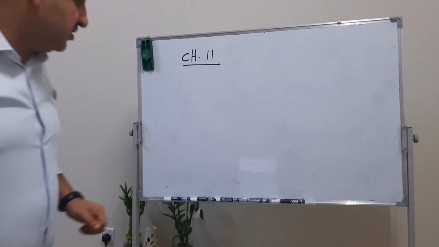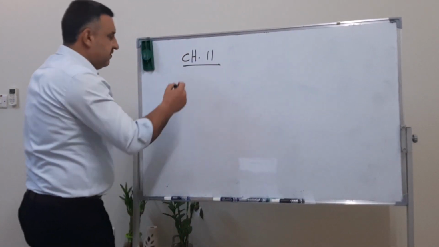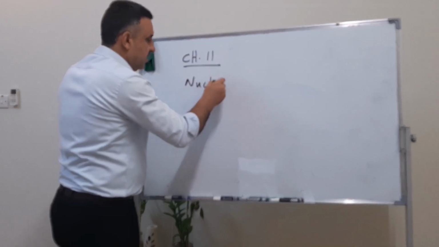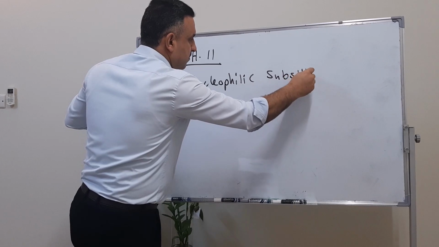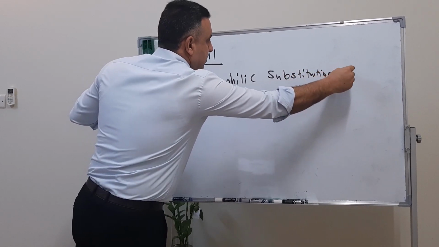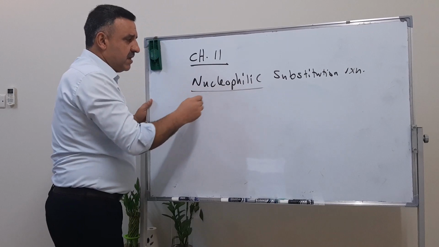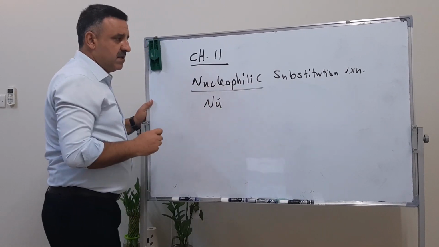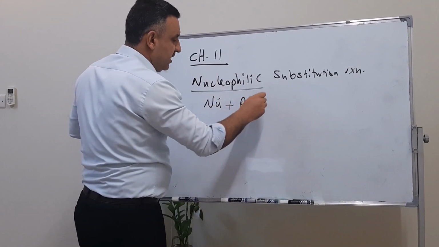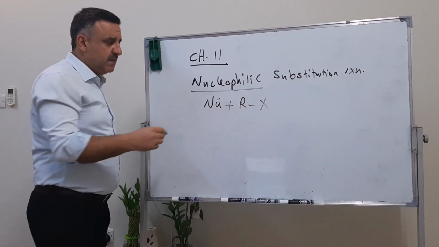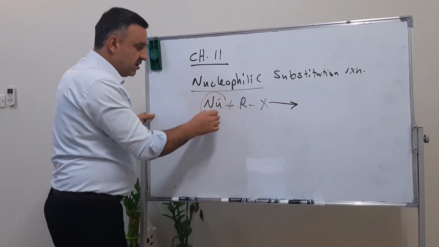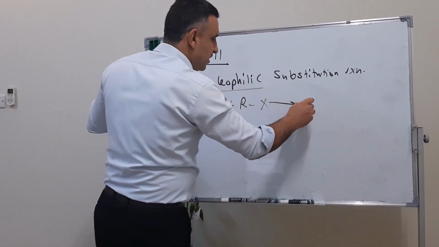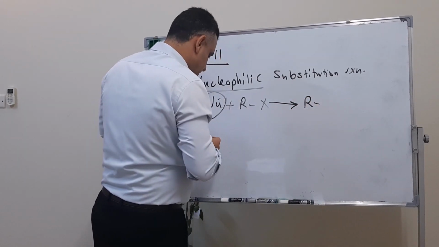In this chapter, which is the first part we are going to talk about, we will discuss the nucleophilic substitution reaction. From its name, we have a nucleophile. A nucleophile will react with any alkyl halide, do you follow me? And then we will get a substitution reaction where the nucleophile will displace the halogen, and therefore we will have